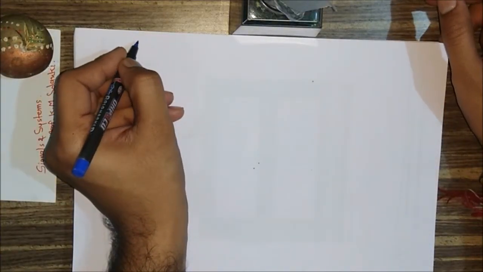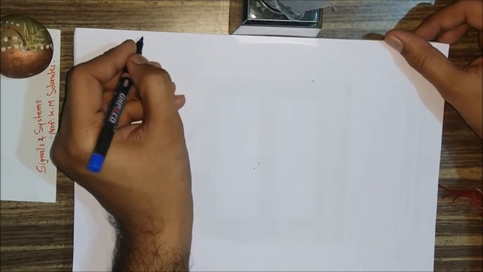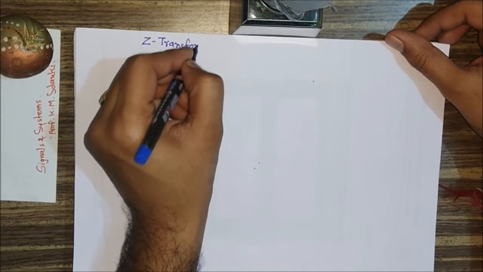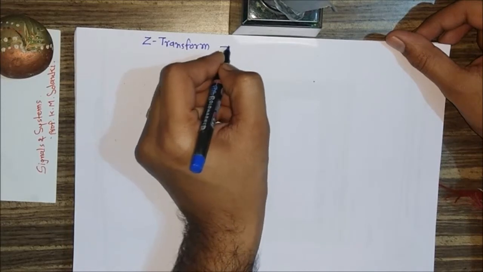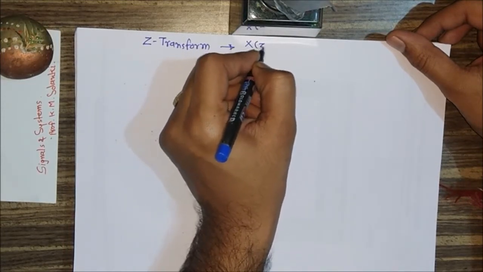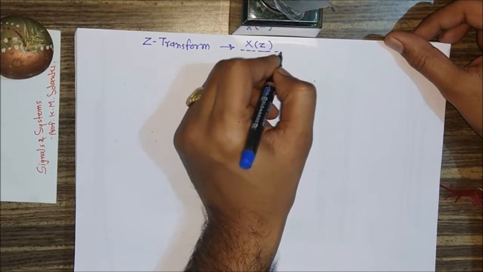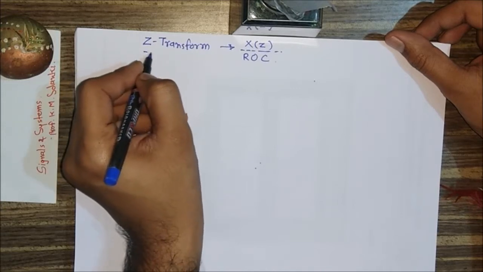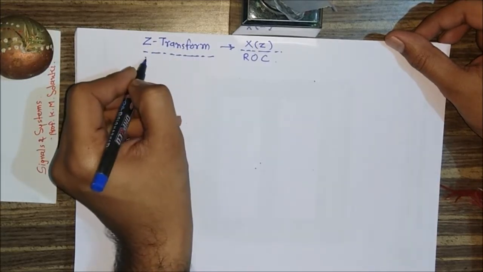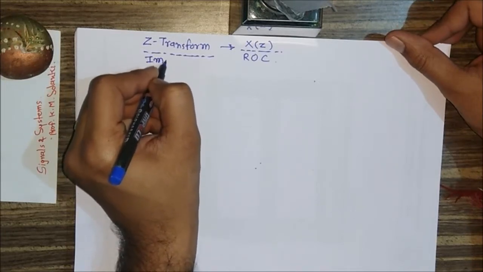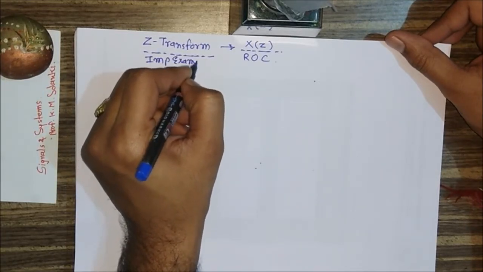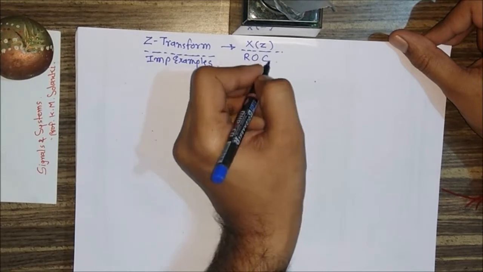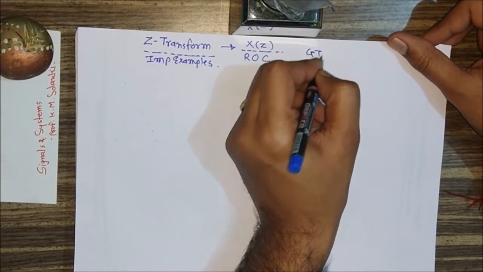Hello friends, today we are going to start examples on Z transform, but now including ROC. So we will calculate the Z transform X of Z and the ROC of the Z transform. So we'll see some important examples of Z transform which are asked in GTU exams